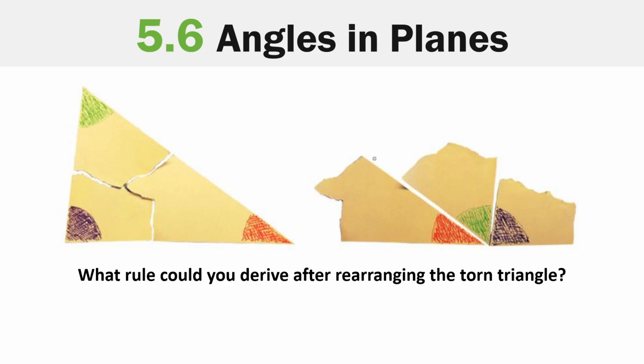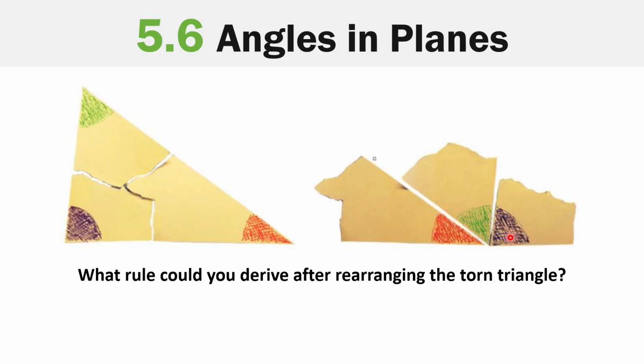I start with an example that looks a bit weird, but actually derives one of the most important rules in geometry. I've taken a random triangle with a purple, a red and a green angle marked, and I've torn it apart and rearranged it in this pattern. Now you see something weird happening here: if I put those angles in this formation, they are now forming a straight angle,